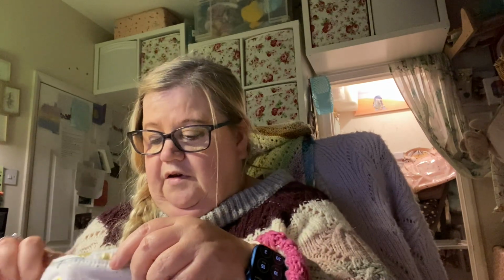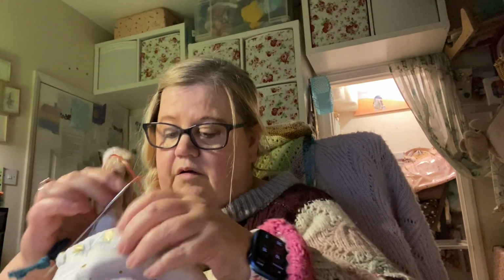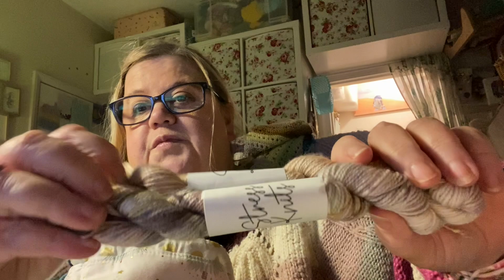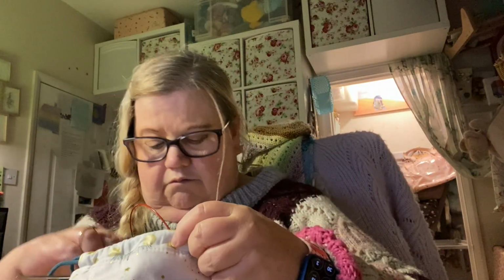Yep, they're 3mm needles. And this is a Stress Knits Advent. It's beautiful. It's so lovely. And I was making